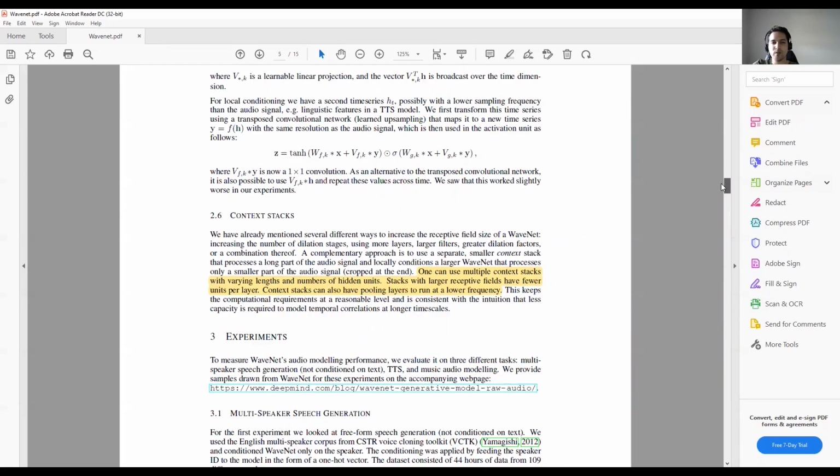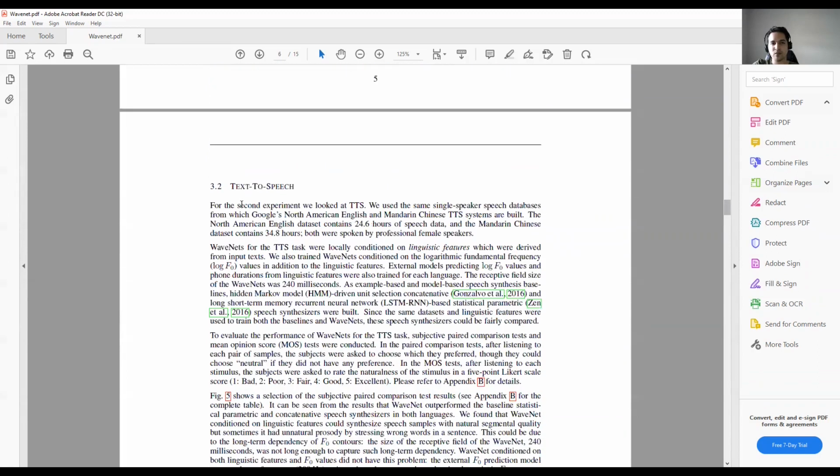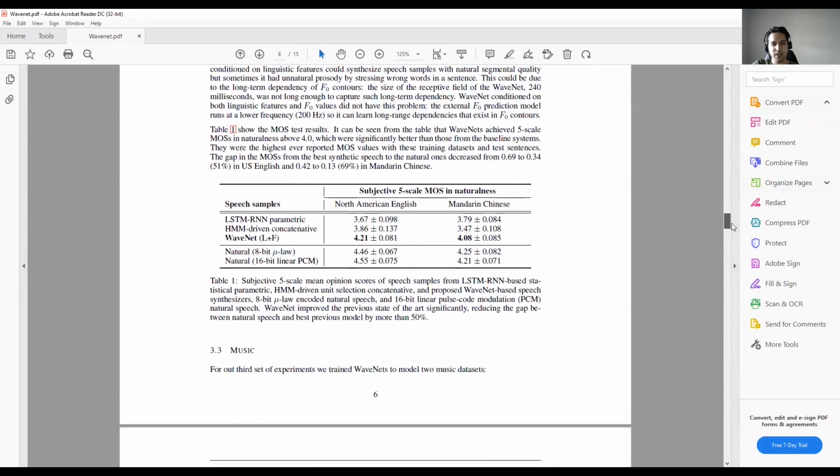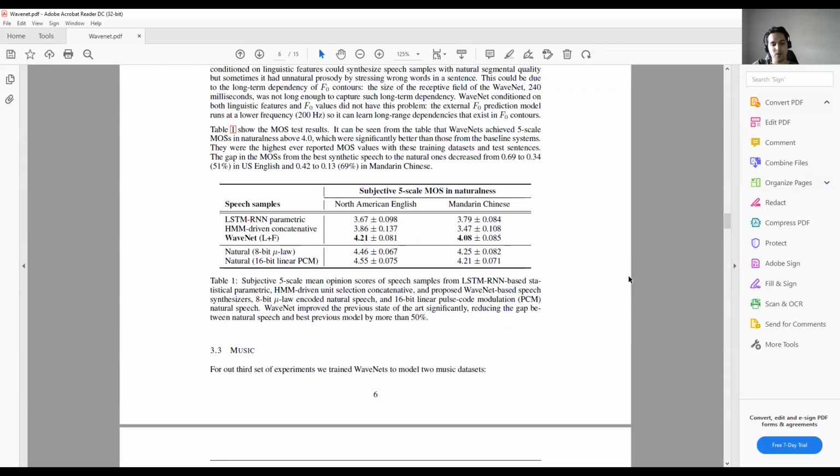So let's see some of the usage of WaveNet. They said that they can use WaveNet for multi-speaker speech generation, for text to speech. So we have a text and we want to convert it to a speech, and it can be vice versa. We have a speech, we want to convert it to the text. And for converting two signals together, like suppose we have an ECG signal and we get the PPG, or converting maternal ECG to fetal ECG, or another example is converting the T1 weighted images in MRI to T2 weighted